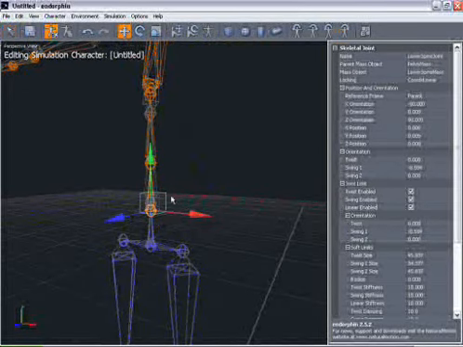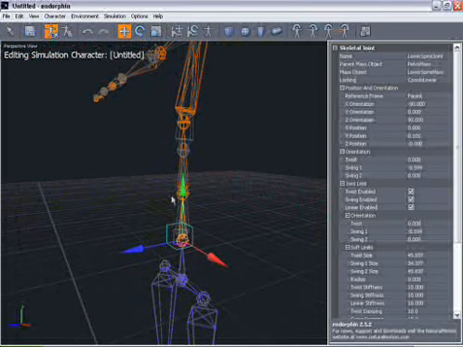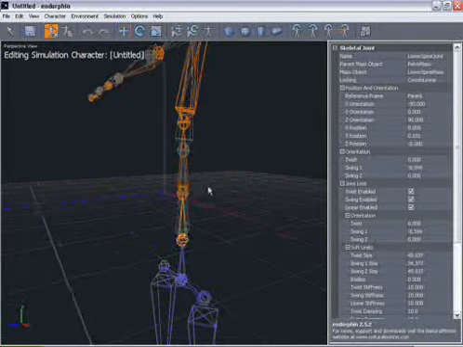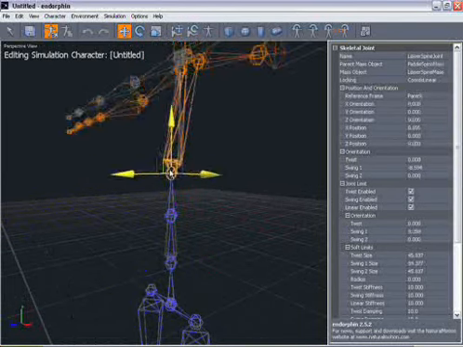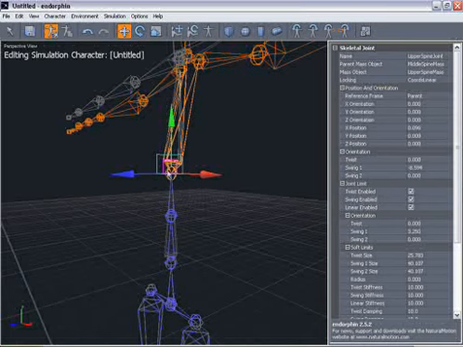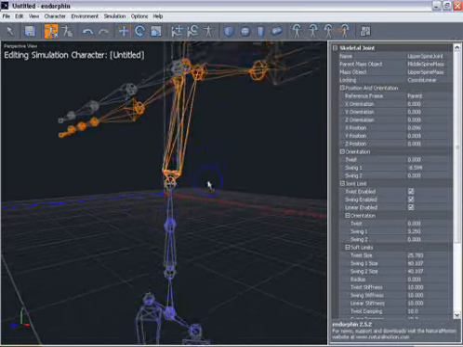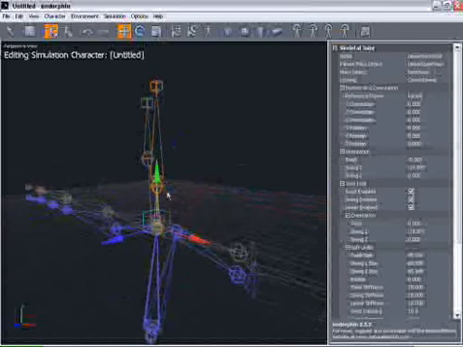Now working our way up the spine, spine 1, and as you can see the simulation character again has extra joints compared to the reference character, so what I'm going to do here is just leave that in the middle and then snap the next one into place, and then Endorphin is going to automatically interpolate the animation from this joint to this joint, stretching over those two joints there, and then continue up the neck,